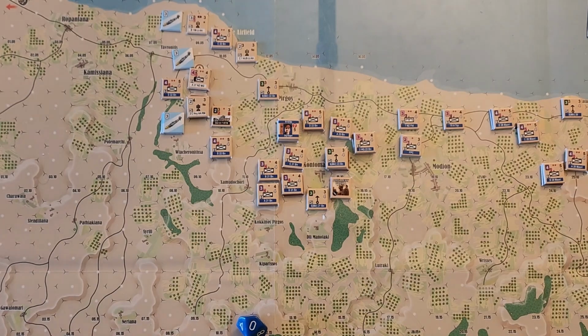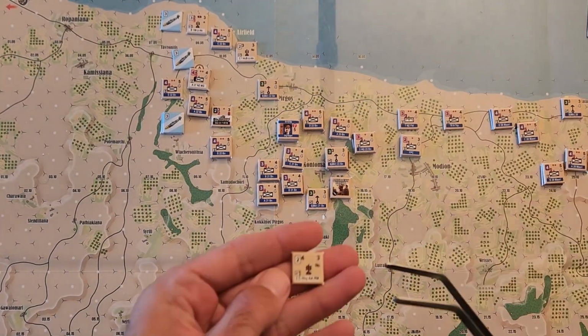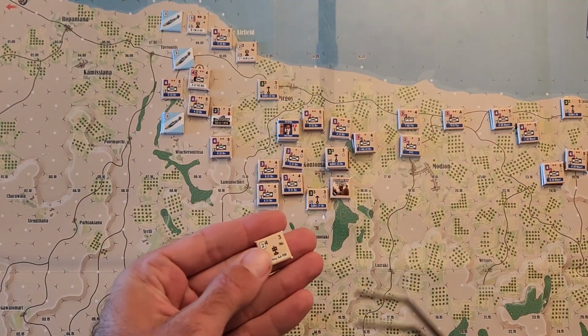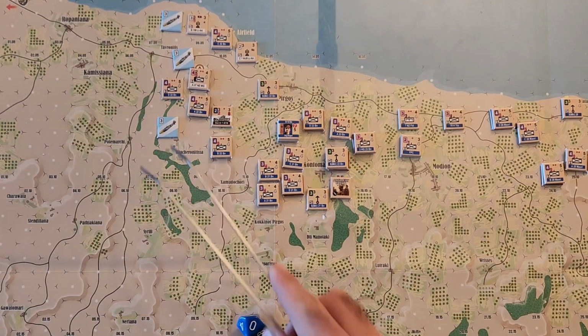And that is absolutely devastating for the Kiwis, because this is a 0-step unit, which means as soon as it takes a hit, it's destroyed. That's a bad start for the Kiwis. Now this